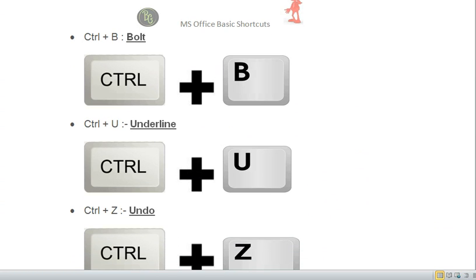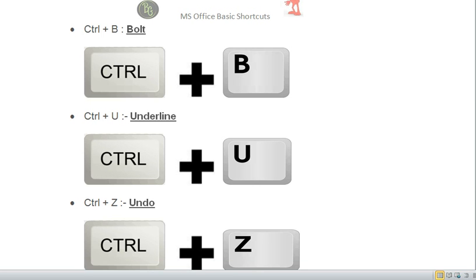Next one is Ctrl G. If you want to bold the font of the highlighted cell, you will press Ctrl G to bold the font of the content you highlighted. Next one, if you want to underline the highlighted cell content, you will press Ctrl U. Next one is